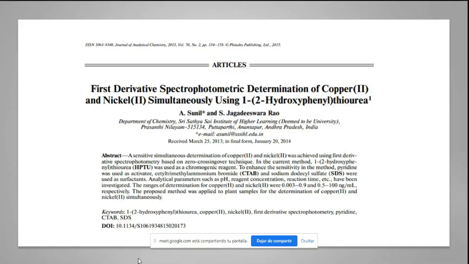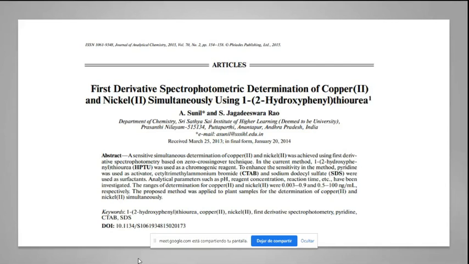Basically, what they did here is that they made a complex between nickel and the 1,2-hydroxyphenylthiourea, which is going to be referred to as HPTU. It's kind of easier, right? And also they did the same with the copper. So those complexes were the ones that were determined, and then they could determine the actual copper